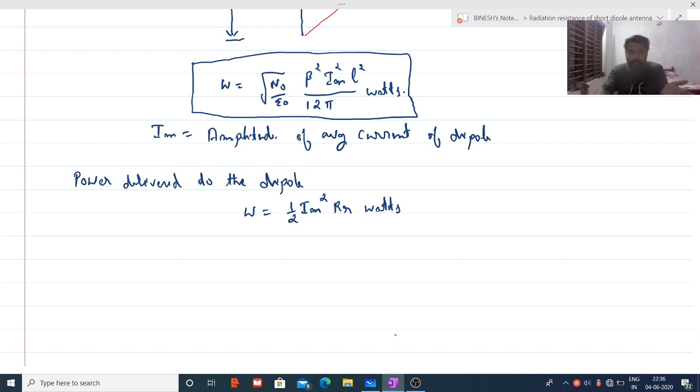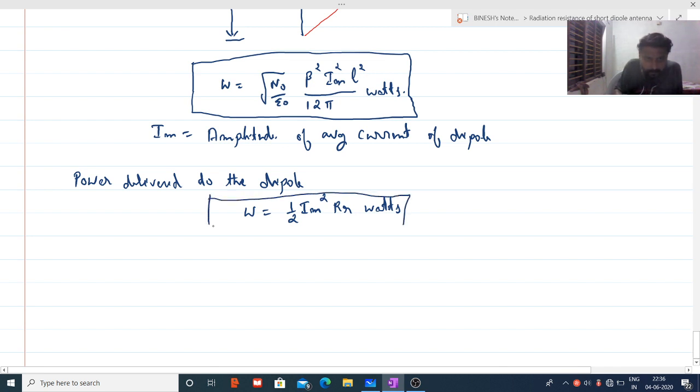So in that condition, I can write W by equating these two equations. I will take these equations as C and D. Okay, equating equation C and D,